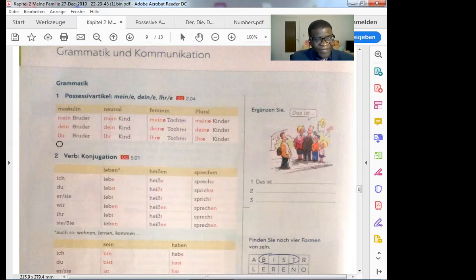Now, from informal, we go to formal, here maybe in the offices. Your brother, Ihr Bruder. Ihr Kind, your child. Ihre Tochter. And you have to mention the last E. English speakers normally want to swallow what is at the end, like we do in English. But in German, you have to pronounce it, let somebody hear that you know what you're talking about. Okay? Ihre Tochter. Ihre Kinder. As simple as that.